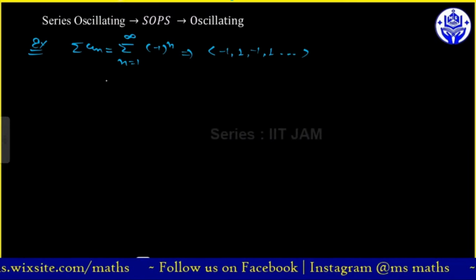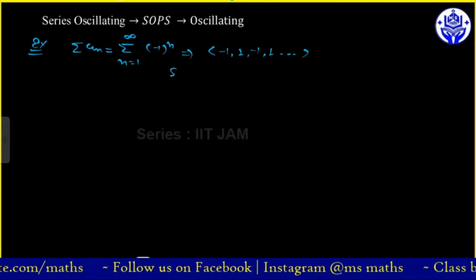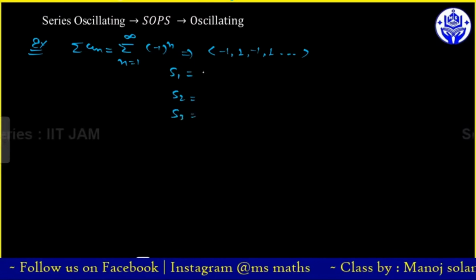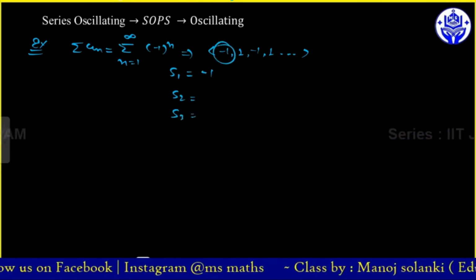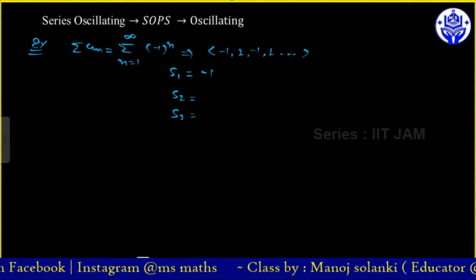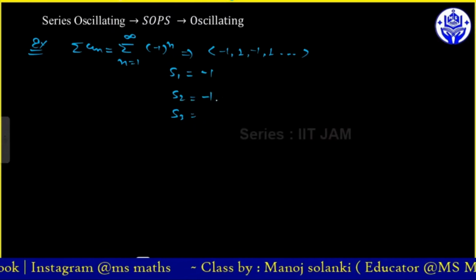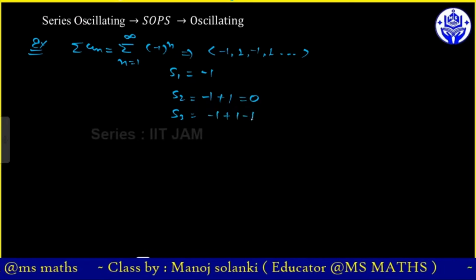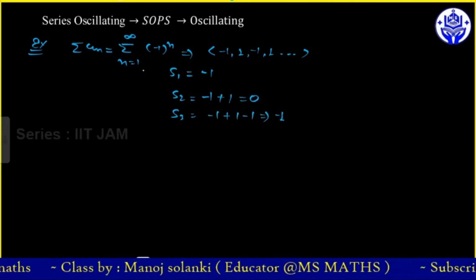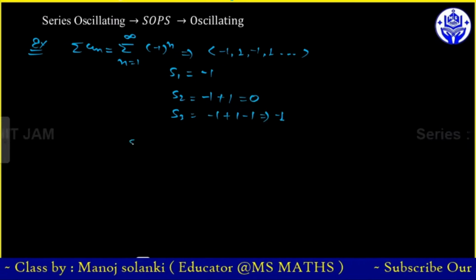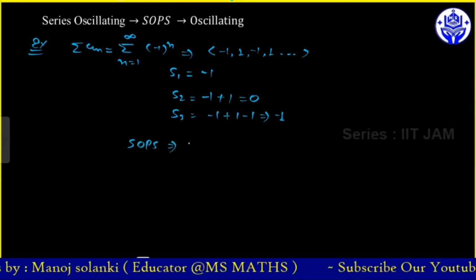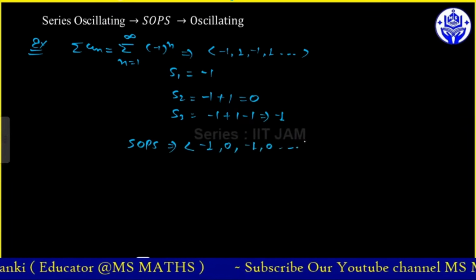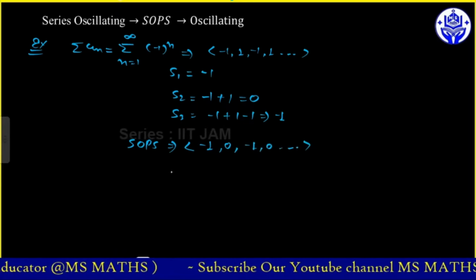अब ये ऑस्किलेटिंग कैसे होगा हम इसका पता लगाएंगे। सबसे पहले S1 लिखेंगे, फिर S2, फिर S3। S1 का मतलब फर्स्ट टर्म का सम हो जाएगा, दैट इज द -1। उसी टाइप से S2 फाइंड करेंगे तो ये -1+1 जो कि 0 हो जाएगा। सिमिलरली थर्ड टर्म के लिए फाइंड करेंगे, तो वापस -1 मिलेगा। मतलब SOPS का जो सीक्वेंस होगा वो -1, 0, -1, 0 ये सीक्वेंस आपको मिलेगी।